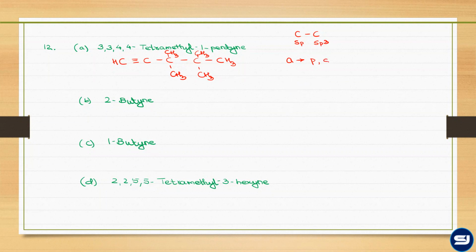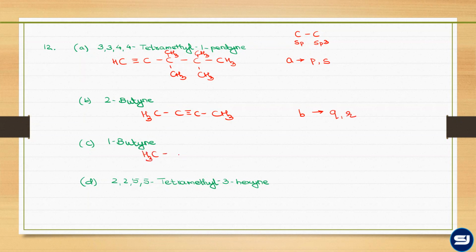So it will be P and S. Up to butane you will have the structure as H3C, C triple bond C, and CH3. Now tell me what will be the correct match for this. How many carbons collinear, and substitution will give how many unique products? 4 carbons collinear and 1 unique product. Yes, because substituting the H of any of the methyl groups is going to give you a single product because of the symmetry. That means 4 carbons collinear and only a single product.